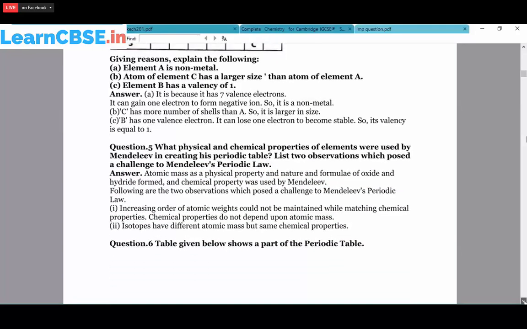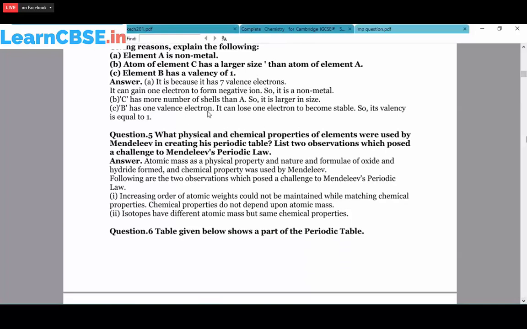Next, question number 5. What physical and chemical properties of the elements were used by Mendeleev in creating his periodic table? List two observations which posed a challenge to Mendeleev's periodic law. So the atomic mass. What is the atomic mass? The atomic mass is nothing but the combination of the protons and the neutrons present in the element. So it is a physical property. And the nature and the formula of an oxide and the hydride formed, the chemical property, was used by